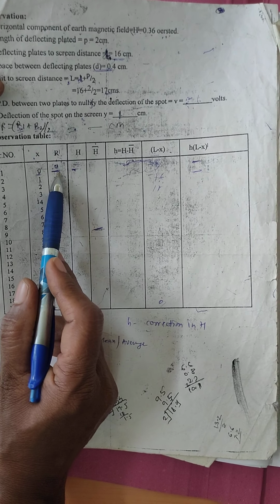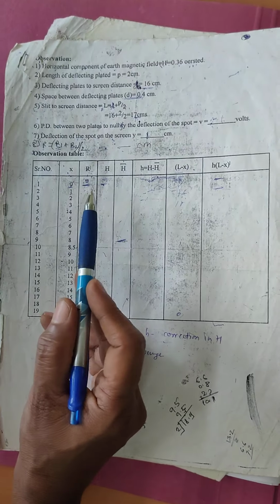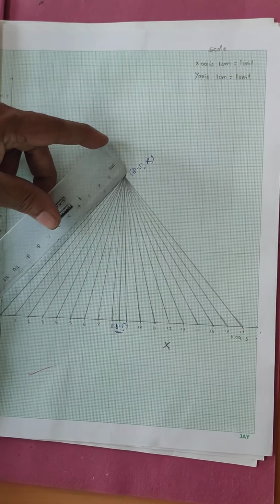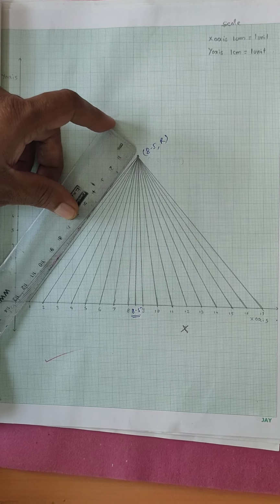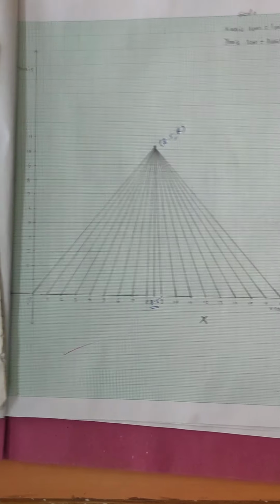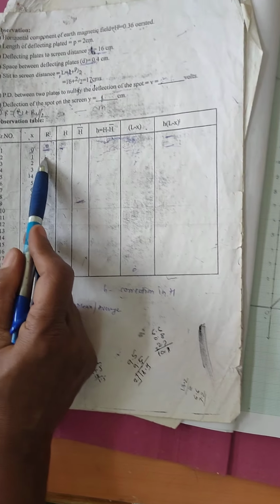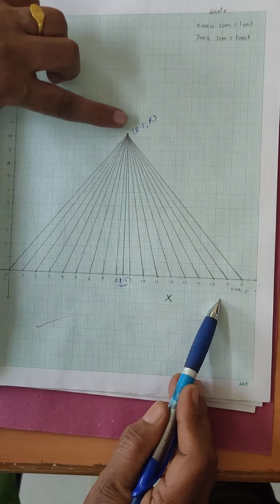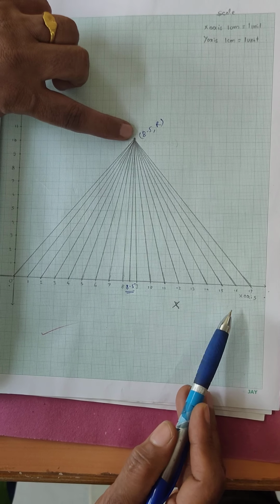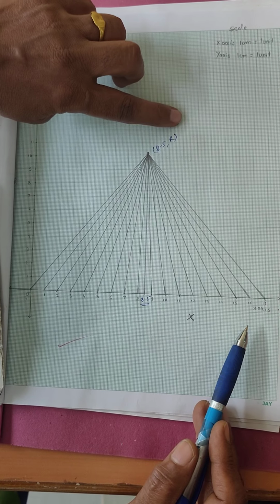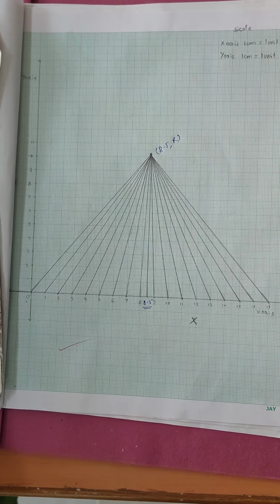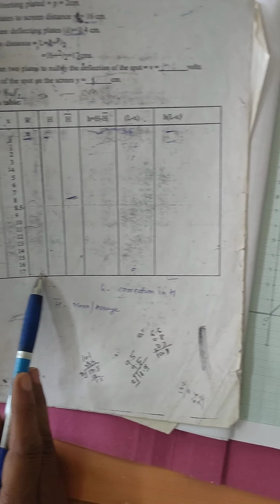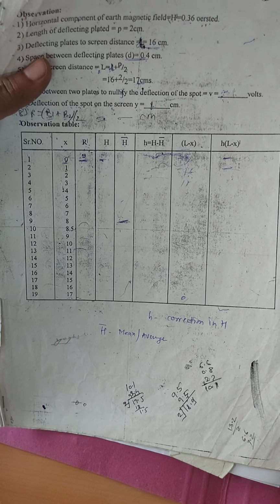So here you will write that. Then similarly measure the distance between this point and 1. Mention that in your observation, and that way measure the distance of each value of x from the point which has coordinates 8.5 and r. That way you get r dash for each value of x from this graph number 1.